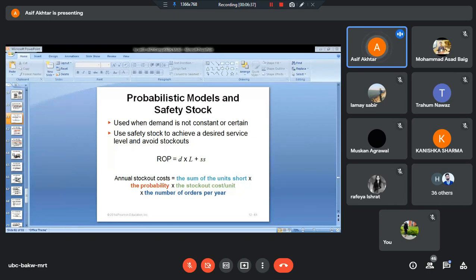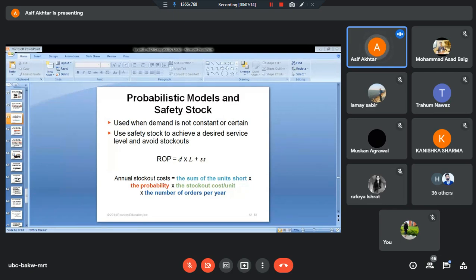The same is true with the general inventory concept: you can place your order by simply calculating small d multiplied by capital L, but at the same time you have to add a component which we call the safety stock. Now the entire discussion revolves around the concept of safety stock. How do we estimate this safety stock? That is the most important concept that we have to understand. I would like to tell you this concept with some very fundamental examples.